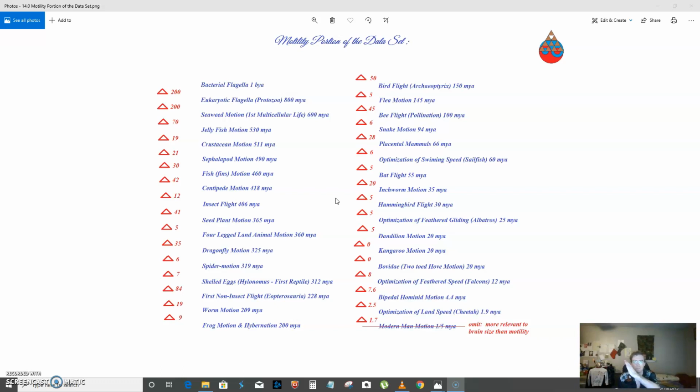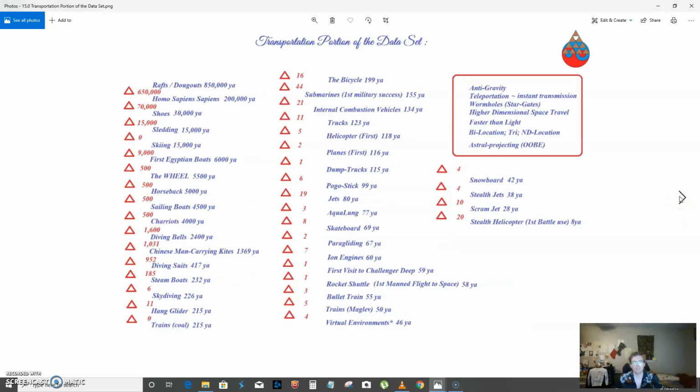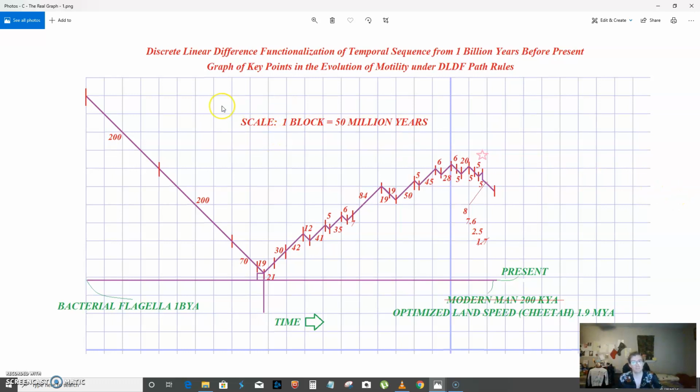Are we going along an exponential curve? Is it, as I've argued, a logistic curve? Or could it be that we are following along an asymptotic curve? If we were on an exponential curve, then the discrete linear difference function, which is this procedure that turns sequences of data points arranged from oldest to youngest into a graph, and then the actual function or output is to measure the height of the first data point, but that's neither here nor there really in terms of what we want to look at, which is just the general shape